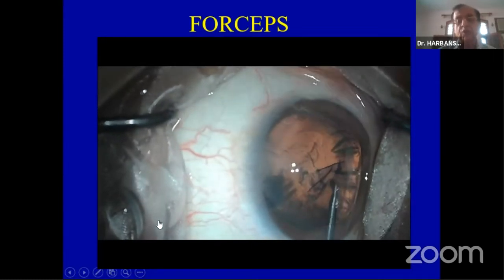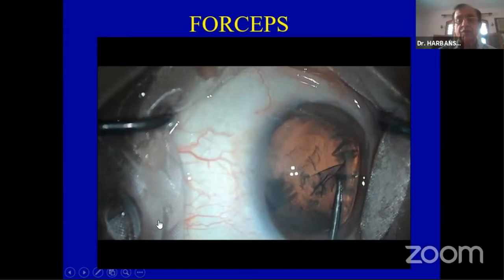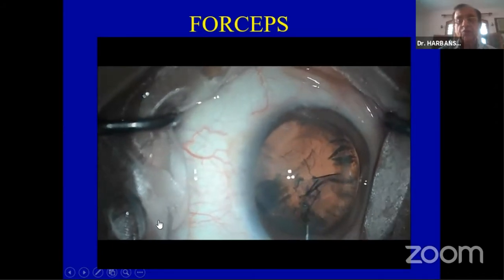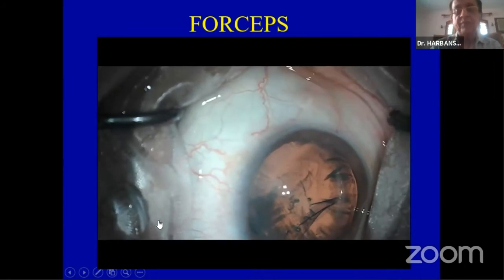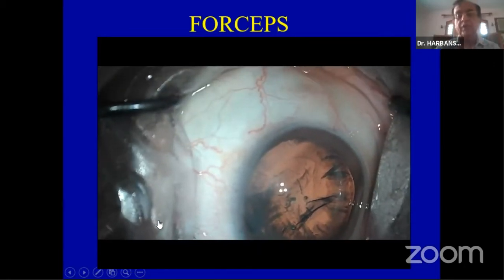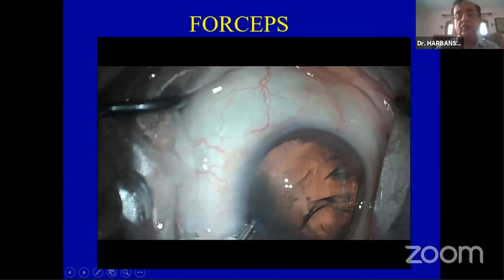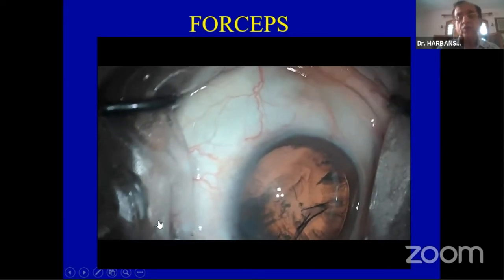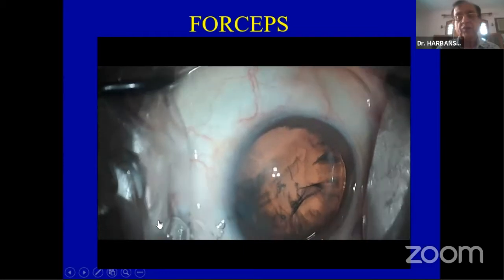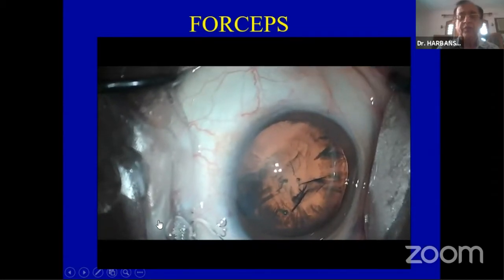You will have to use the forceps, and this is the reason that you need to practice both ways. You will have to keep on adjusting every time so that it remains circular and does not run away to the periphery. Anytime you feel that the pressure is low in the eye, you inject the viscoelastic. Not low, I mean it should be normal pressure.